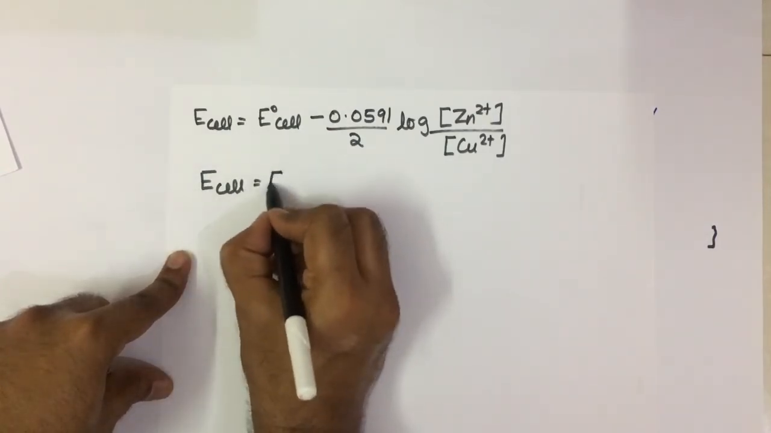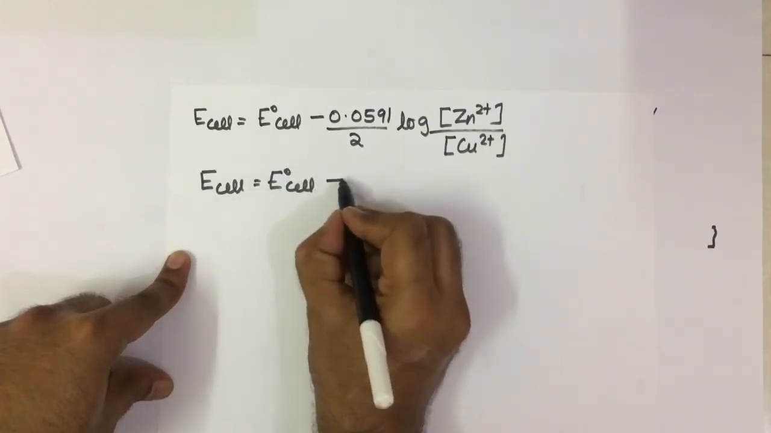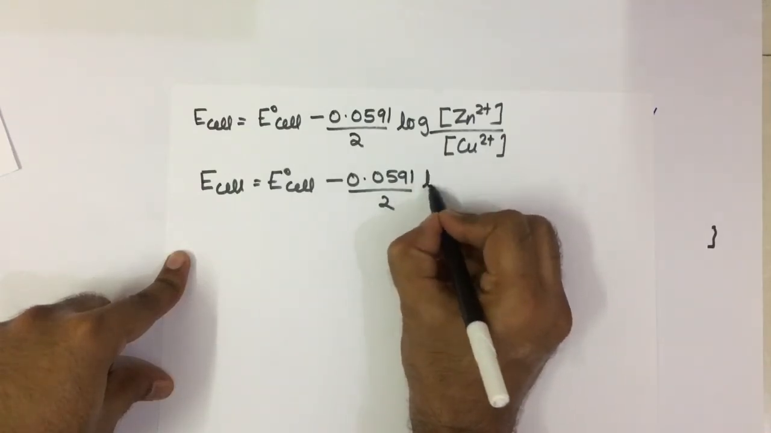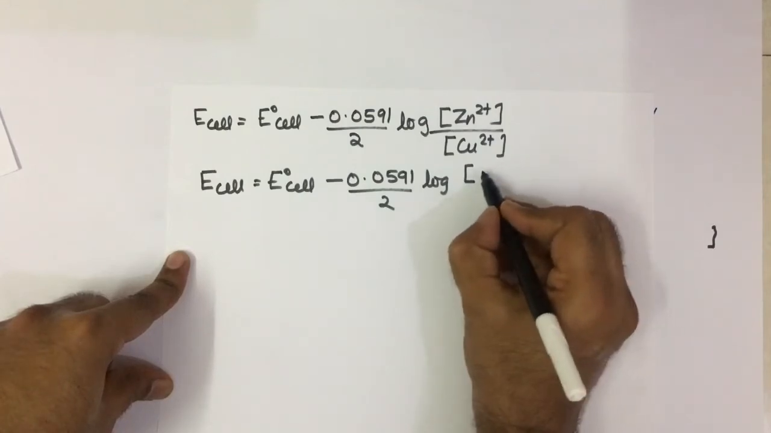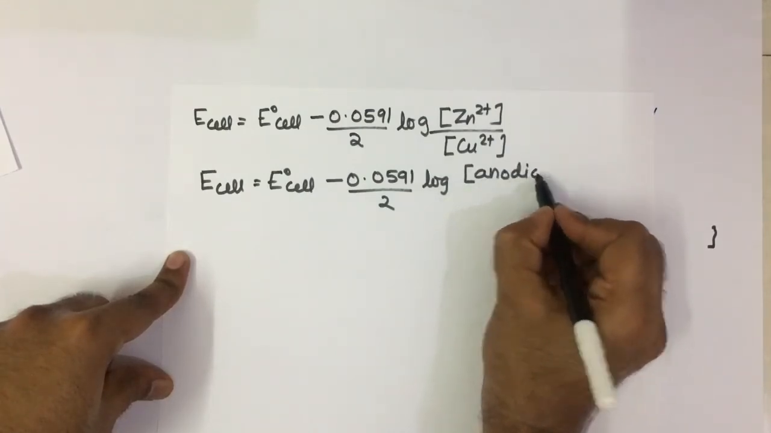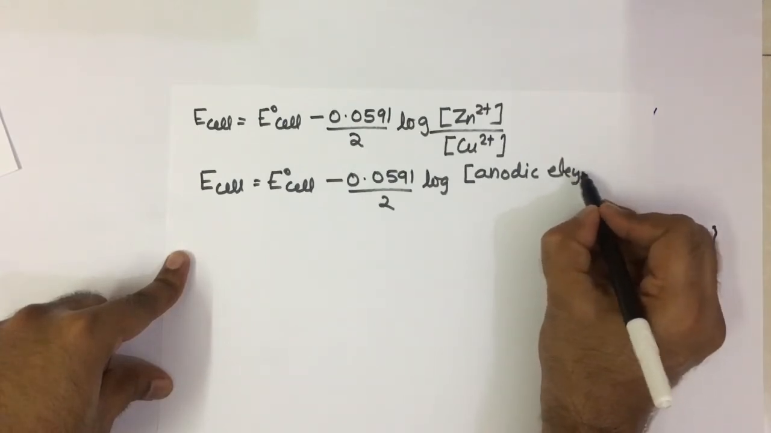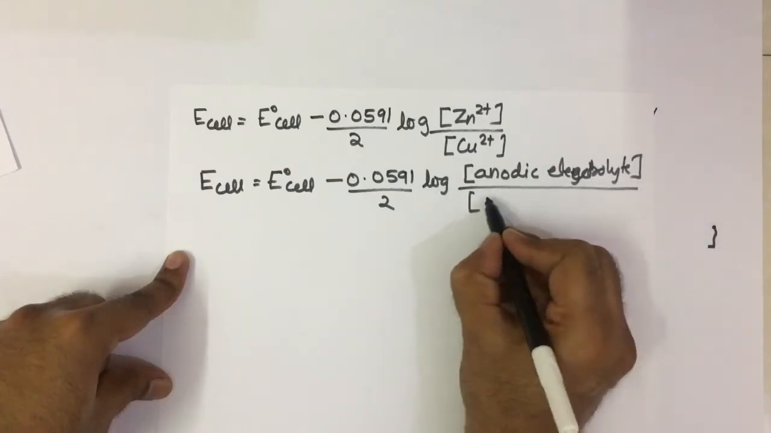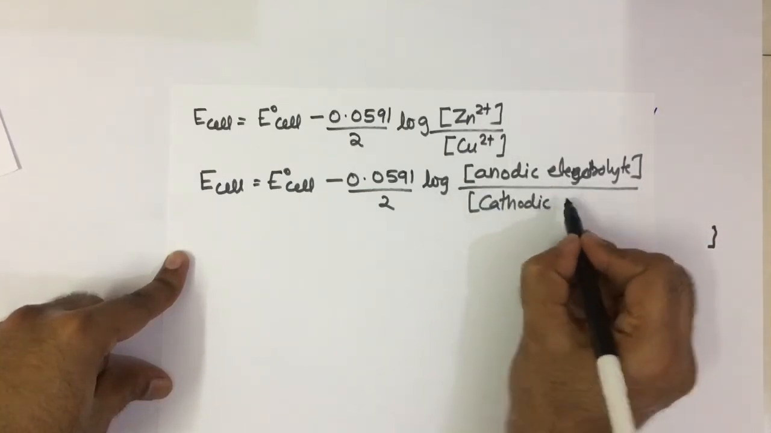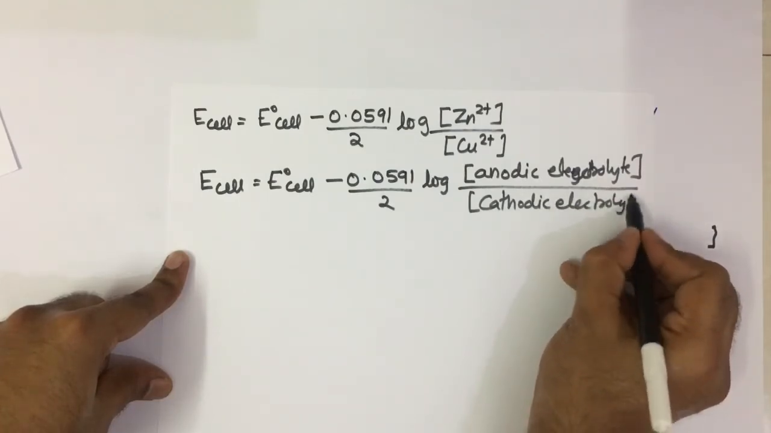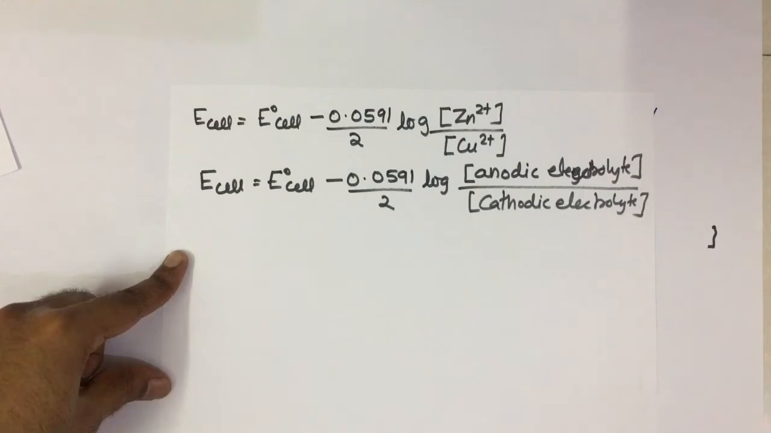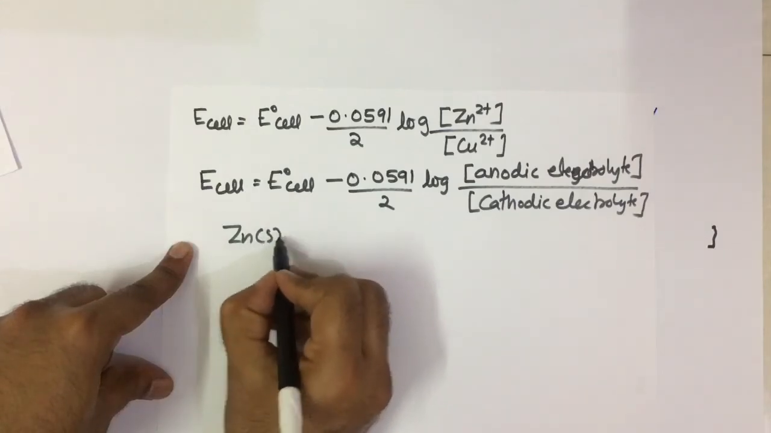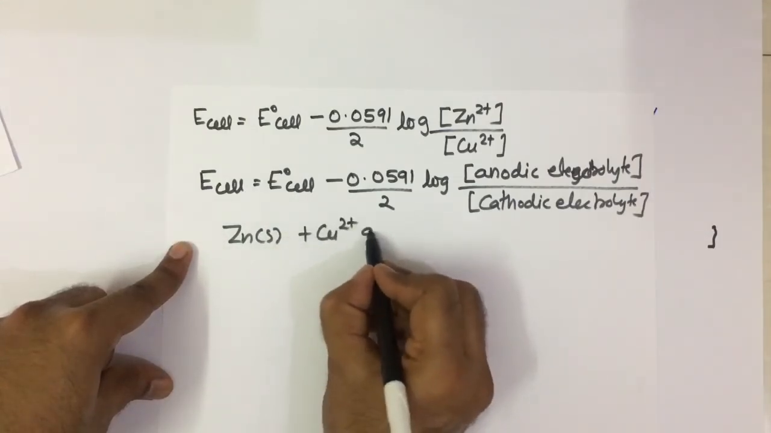E cell is equal to E naught cell minus 0.0591 upon 2 log of the concentration of the anodic electrolyte upon the cathodic electrolyte. Now again writing the reaction of zinc and copper, that is Zn solid plus Cu2+ aqueous gives